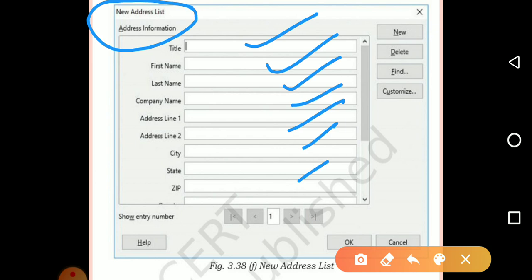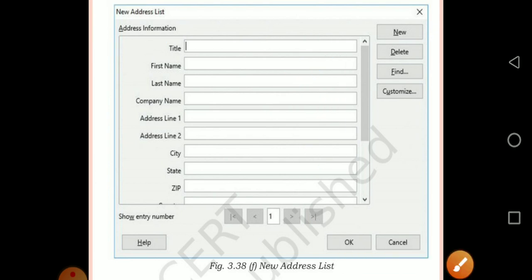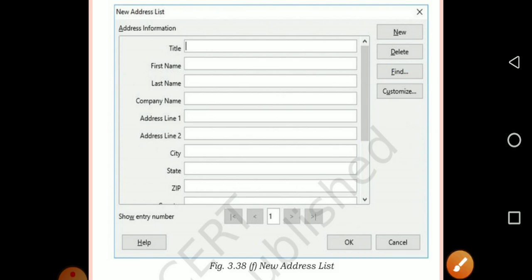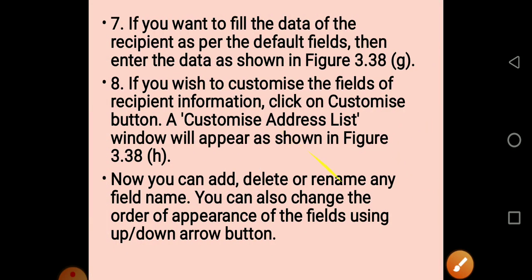Suppose you are not satisfied with the features available here, and you want to add or customize your address box. Suppose you wanted to add your father's name in the address, or your mother's name, or any other features, you can just click on the customize button so that you can customize any other feature also.